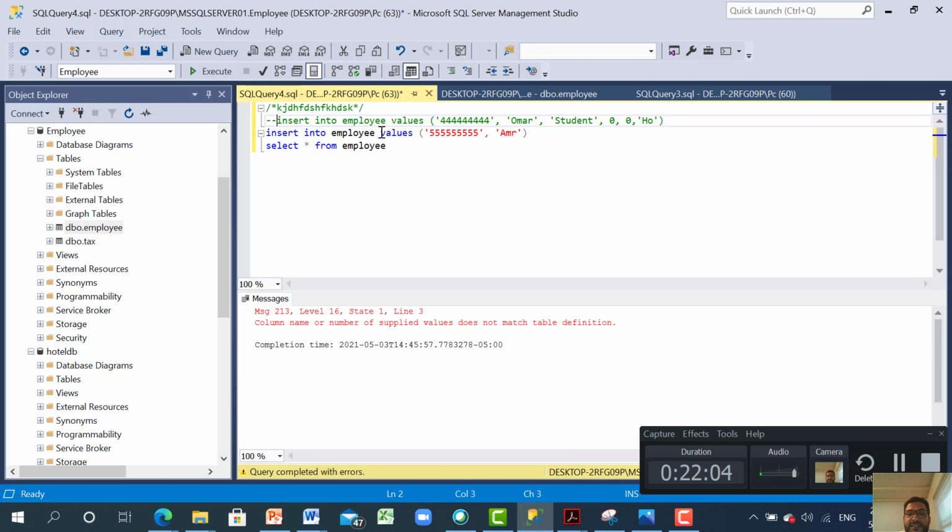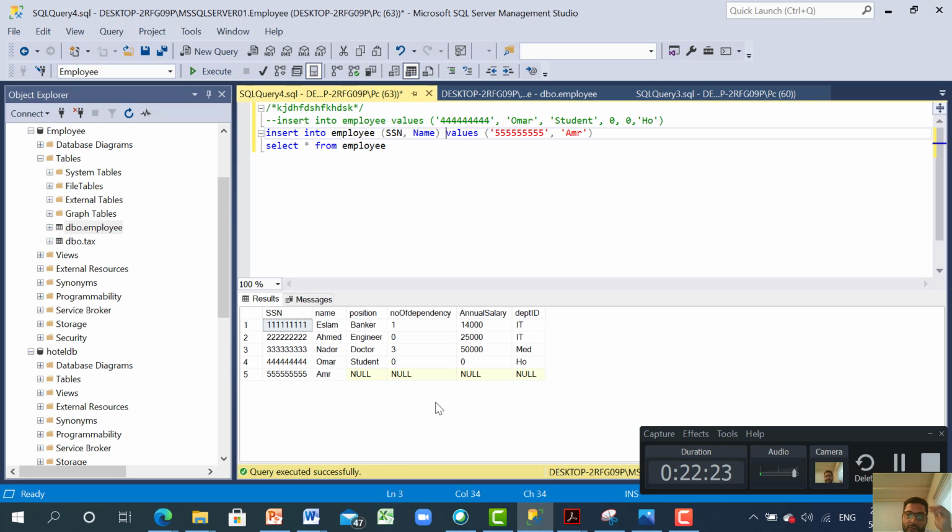So if I want it like this, I need to say insert into employees SSN, comma, name. So now the system will know that I want to enter only these two values. Okay, so now it entered for me the SSN number and the name, but oh, I forgot to enter these numbers. So what I need to do, I can go through another